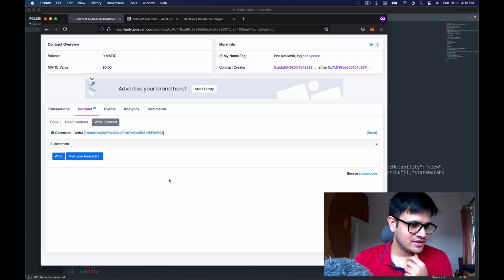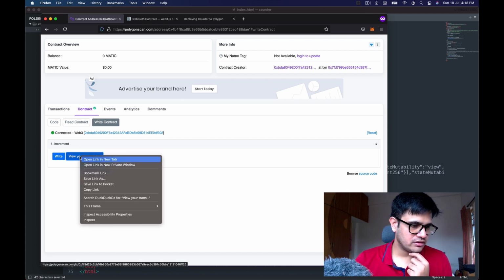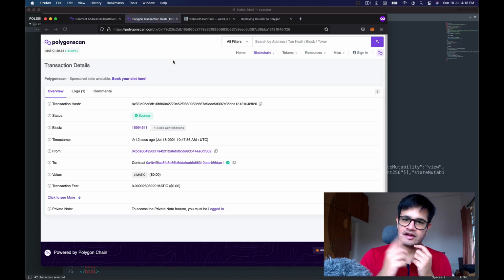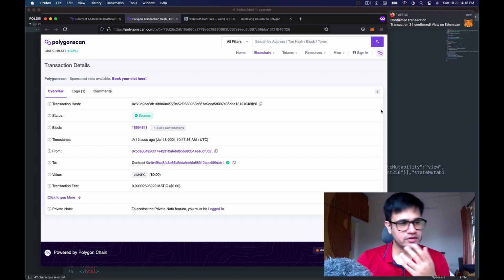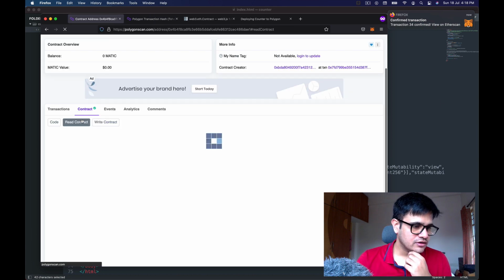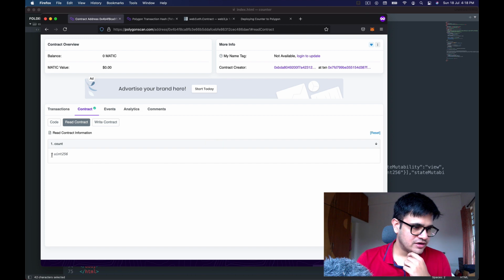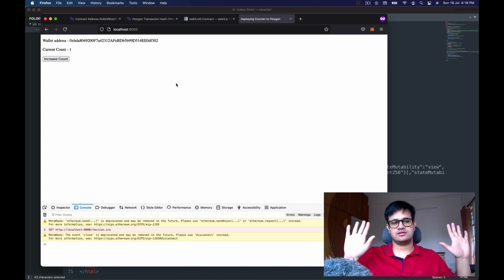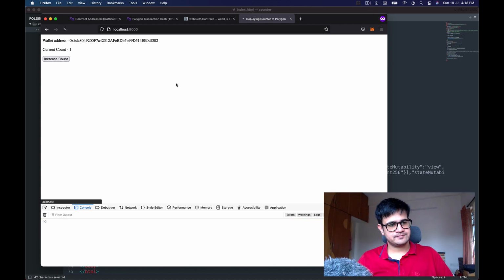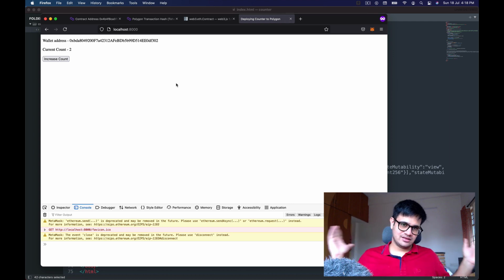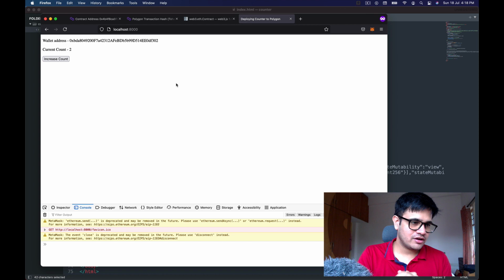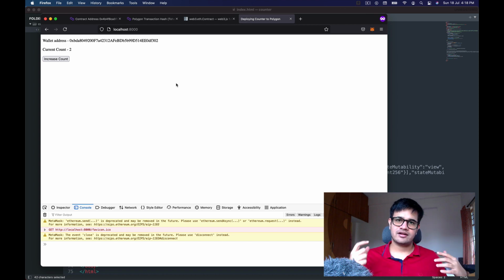All right, so it says view your transaction. It probably hasn't gone through because I haven't received any notification yet, but this says it's gone through and I've received a notification as well now. So I can go and click on read contract now. The value that it shows now is 2. I haven't done anything else. If I go here and refresh, the value should change from 1 to 2. It actually went from 0 to 2, but yes, this thing works. Great. So we have figured out how to connect and read the value from our smart contract.